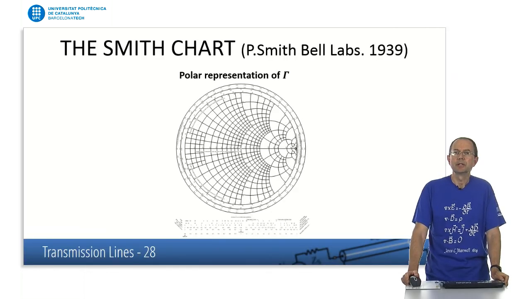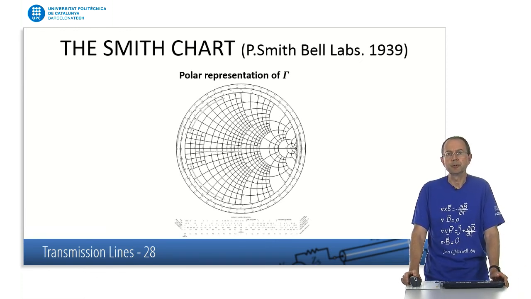Now, the algebra involving the calculation of impedance and reflection coefficients along transmission lines is a bit involved. It involves complex numbers. It's not straightforward to understand how these parameters evolve along the transmission line. For this reason, Philip Smith, who was working at Bell Labs in 1939, invented the Smith chart, which is just a polar representation of the reflection coefficient gamma, but it's very practical